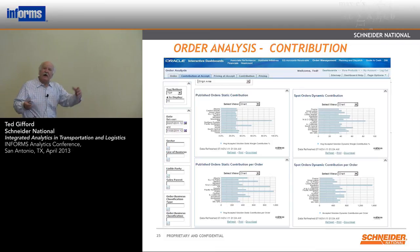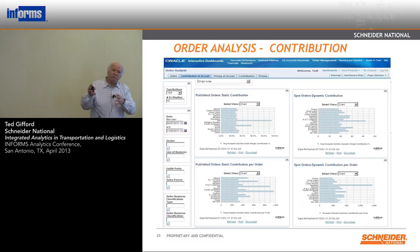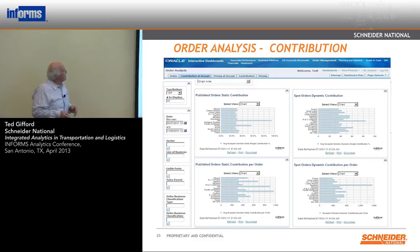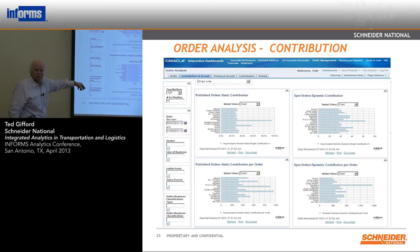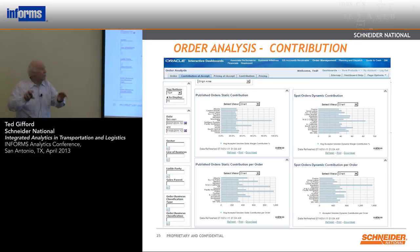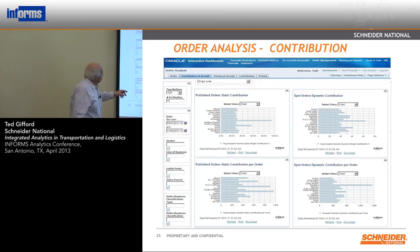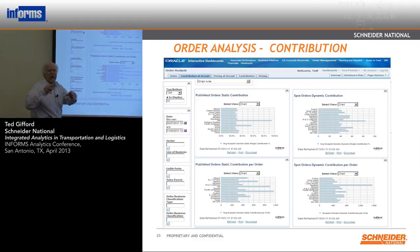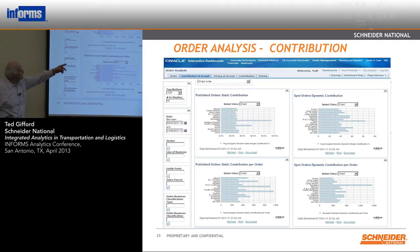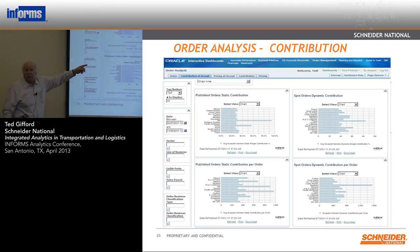So once we've done that and we've gotten orders, I'm monitoring the process after with BI and dashboards. This is the kind of thing we see. In this dashboard, it's got all kinds of options, so you can filter and select and drill down to individual customer service representatives, or look across a manager or a division, and I can look by both static contribution, which is kind of an average thing that we look at, as well as this dynamic one, both for spot pricing and